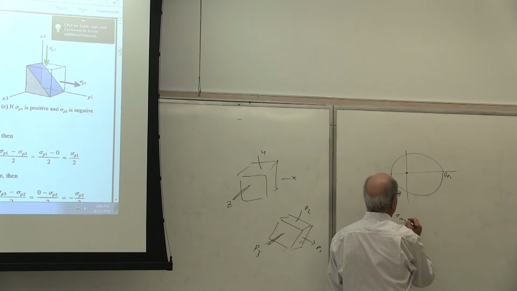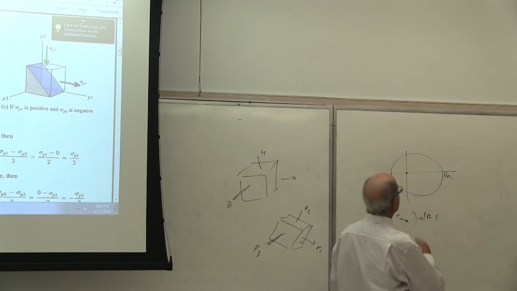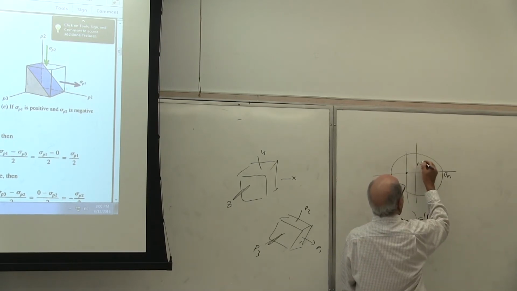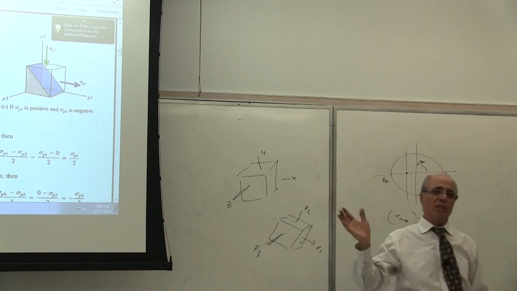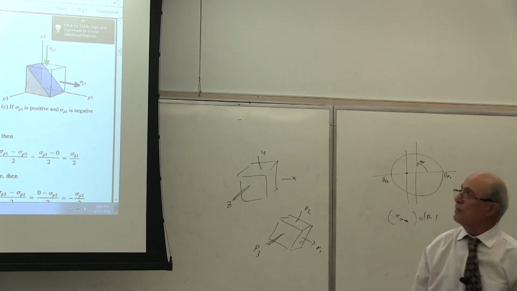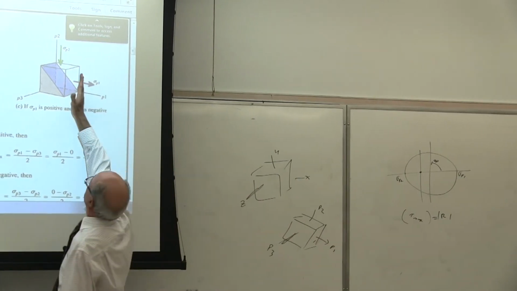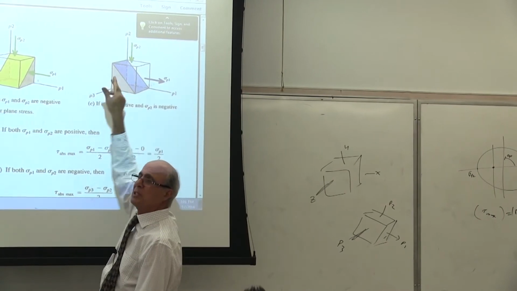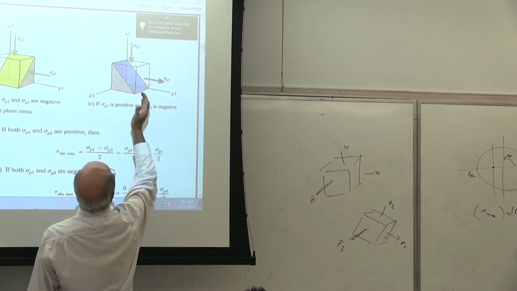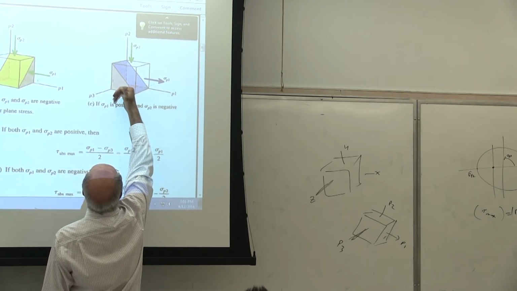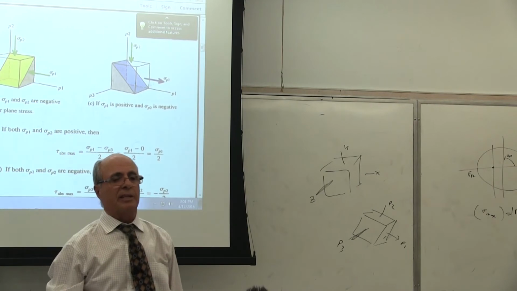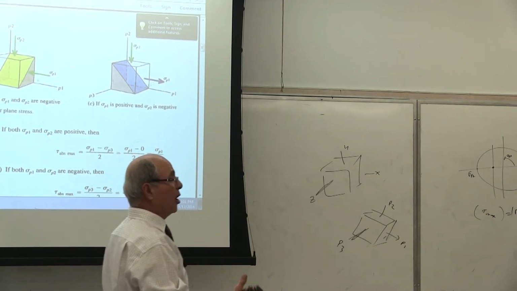So tau max, which is maximum, is equal to R. But what rotation should I do for that? Because this is principal 1, principal 2, and these two are at 90 degrees here. On the original axis they are at 45. So that's what you see. If this is the principal plane, this will be, look at this. Look at my hand. It goes 45 degrees. That must be the direction of the shear. But look at my thumb. Is my thumb moving? So that's the rotation about the x, which is your original solid circle. Yes or no? Yes. However, this is not always the case.